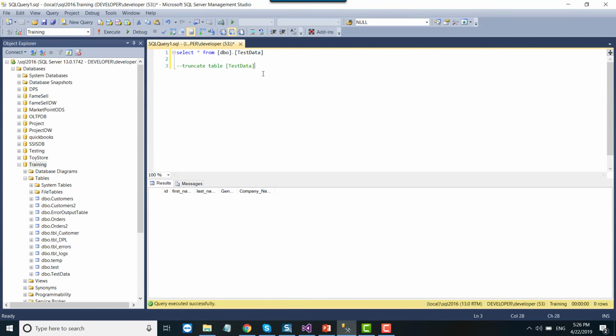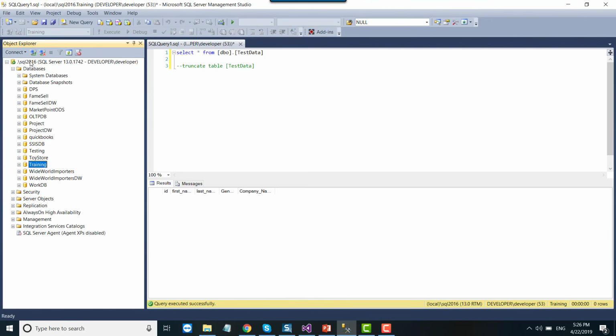Okay, so now we want to schedule the SSIS package using a SQL Server agent job. So on the left side you can see that this is my SQL Server 2016 instance, and on the bottom side there is the tool SQL Server agent. So right now you can see that there is a small red icon here. It means that, and also you can see that SQL XP is disabled. So you can see that the SQL Server agent job is disabled as of now, and you can verify this using the services as well.